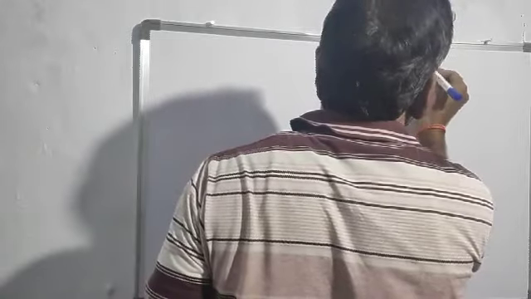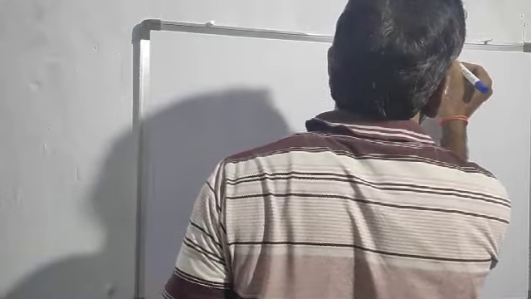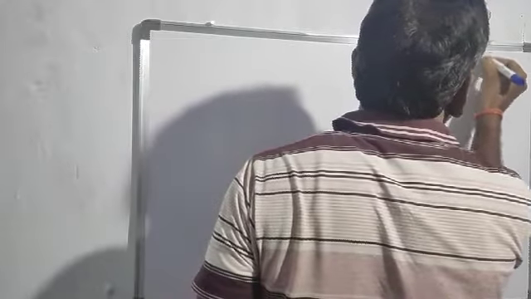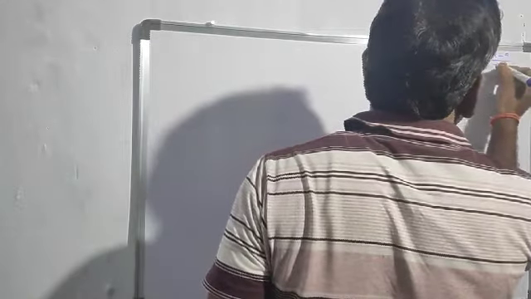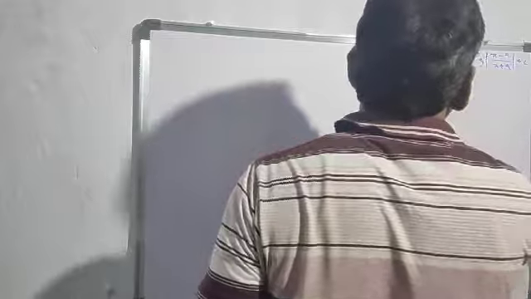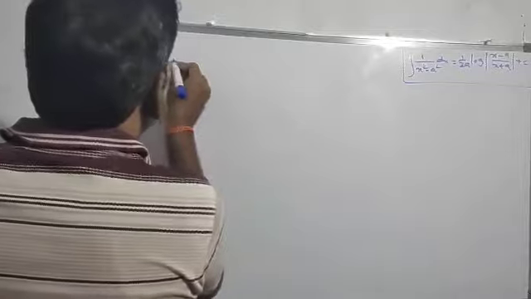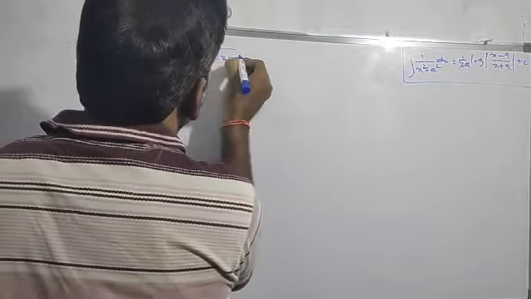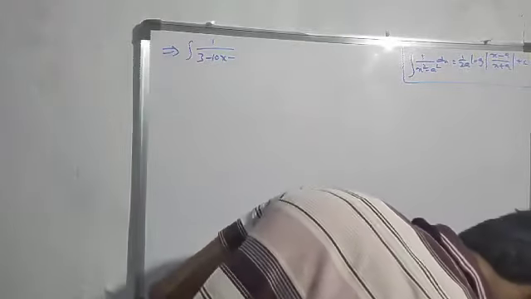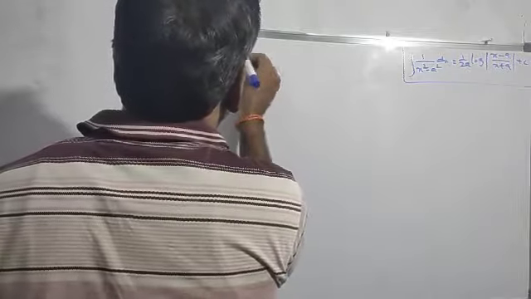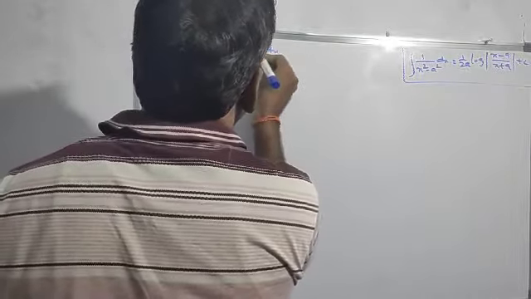Right. Now I will take one problem using this formula. I am writing again: integration of 1 by x square minus a square into dx equals 1 by 2a log of x minus a by x plus a plus c. This is our formula. Now I am choosing one problem: integration of 1 by 3 minus 10x minus 25x square into dx. One problem related to this formula.